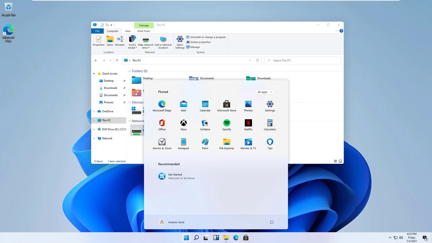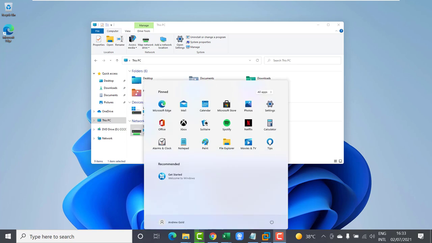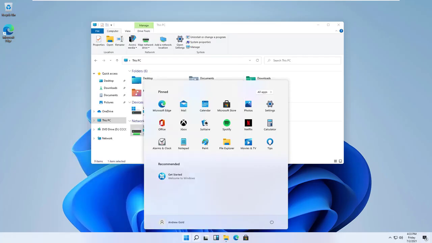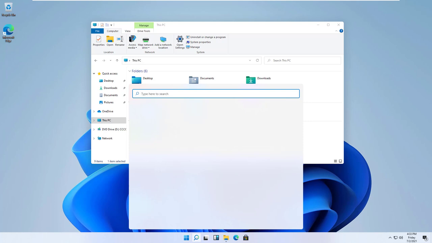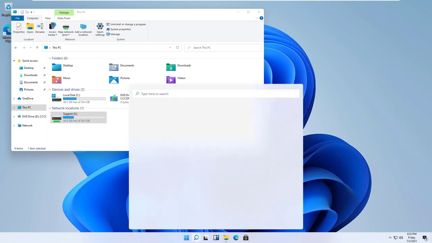I'm gonna check who is this user. So to check, it's Andrew Gold. This is Andrew Gold. So what we're going to do is go to CMD. So I just want to show you na wala si project. So I'm going to go to CMD. So search for CMD. So meron din siyang issue as before.